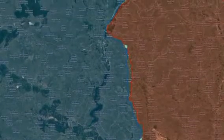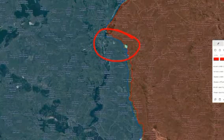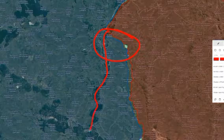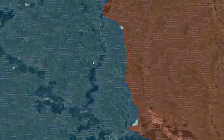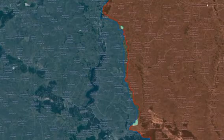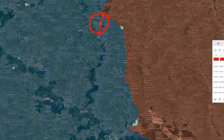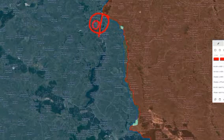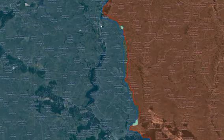the north. That is why we're seeing operations in the direction of Kupiansk, as Kupiansk is one of the main supply areas for the Ukrainian forces across the Oskar River line. So the Russian forces will look to gain three different objectives. The first one being here to the north of Kupiansk, where they want to either cut off Kupiansk or gain control over the village. As such, they would cut off one of the main supply lines of the Ukrainian forces